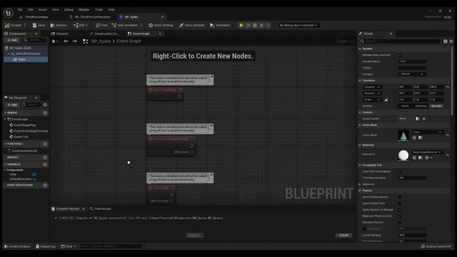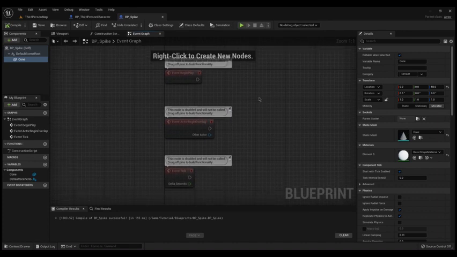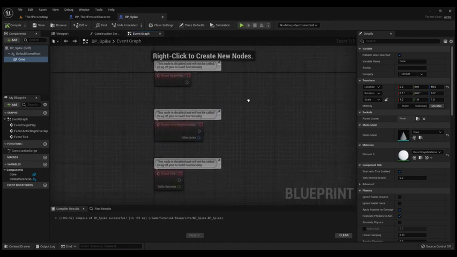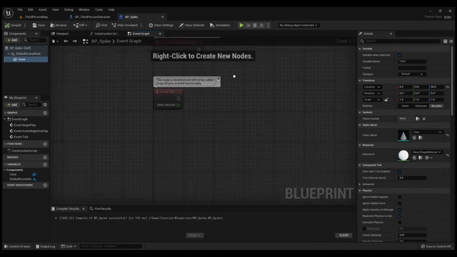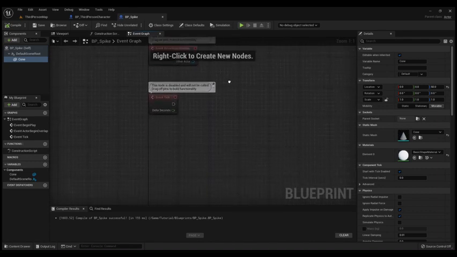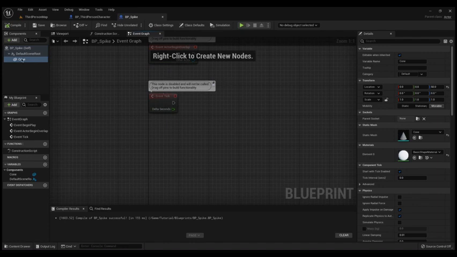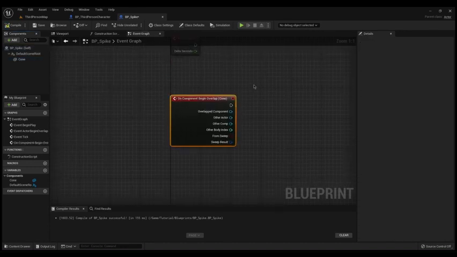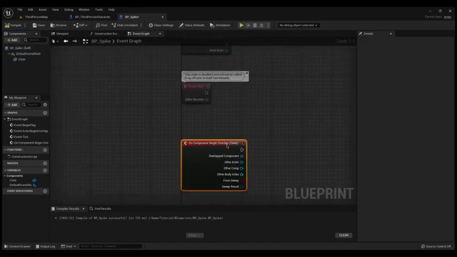Well, all right. So as you can kind of see, you got an empty event graph on your spike at the moment. So you're gonna come down here. You don't really need those at the moment. So you're gonna come down here to your cone, on the left side, you got your cone, right? So you're gonna right click on that, and then there will be an add event, and you're gonna do on component begin overlap because your cone is a component and your character is going to interact with the cone and take damage. So your on component begin overlap on your cone,